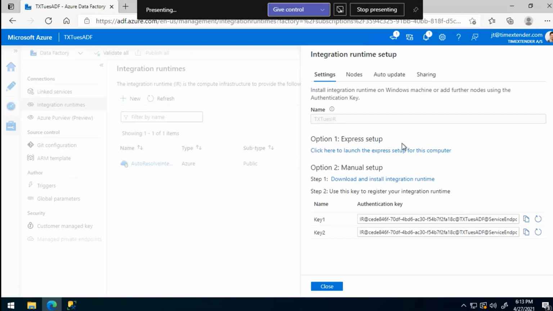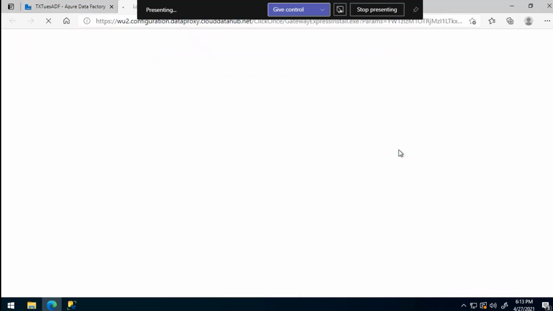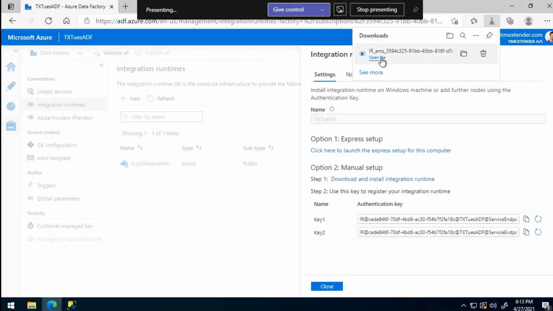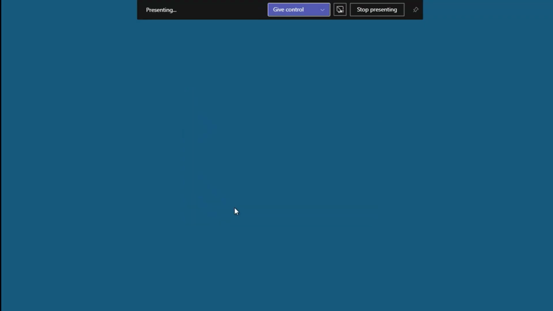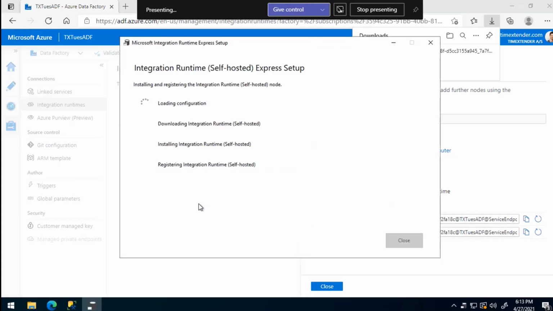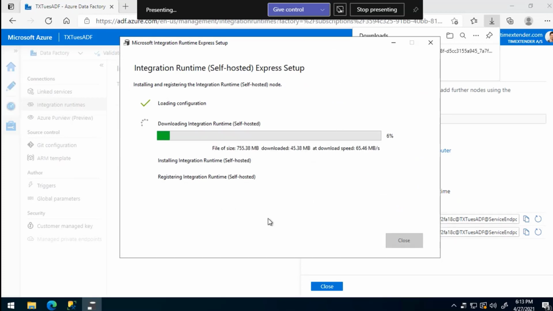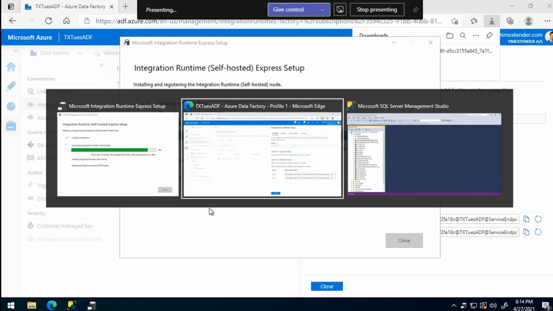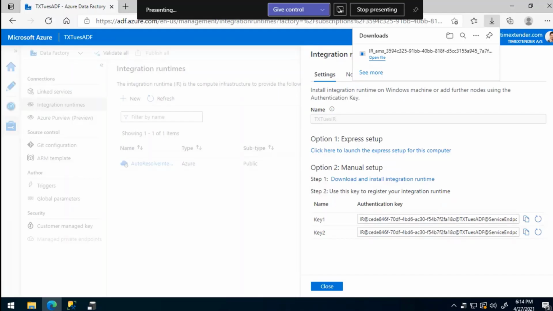So I'm going to use the Express setup. You can download and install this a different way, but the Express setup is so very easy. So I'm just going to click this link. That downloads a little package for me. That is the configuration file. So this will download, install, and configure my self-hosted integration runtime on my data source server. Great. So while that's running, let's go ahead and go to our next step in the process, which is